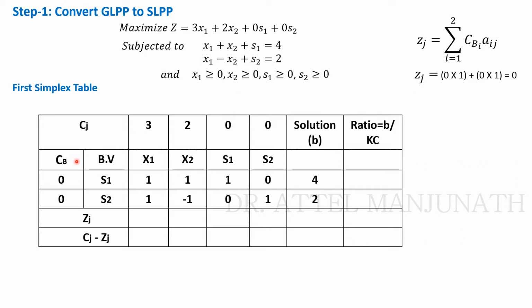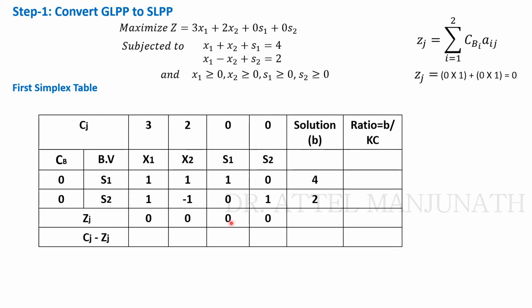Now see, if you take the first example, 0 into 1 plus 0 into 1. That is the first variable's products, and taking the summation, it is equal to 0. Write down that 0 here. Similarly, when you calculate for the second column, 0 into 1, 0 into minus 1, again 0. When you add these two, again you will get 0. Because here you have the coefficients 0, whatever number you multiply with in the matrix, you will get zeros only, so you can write 0, 0 here.